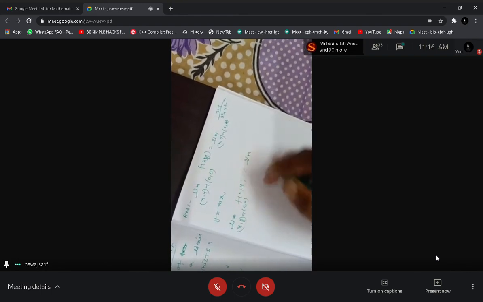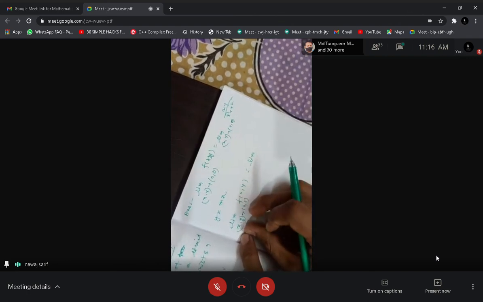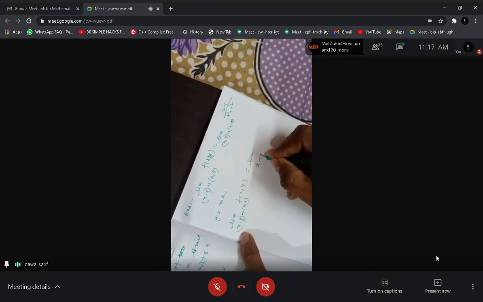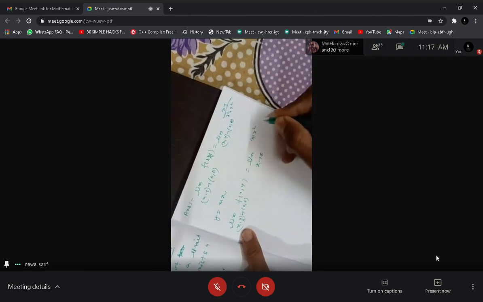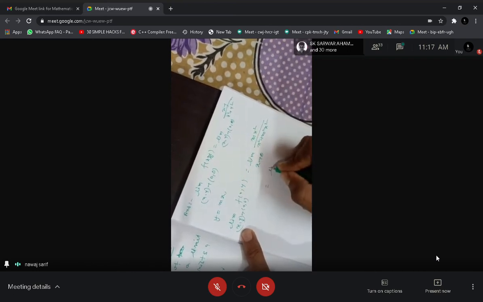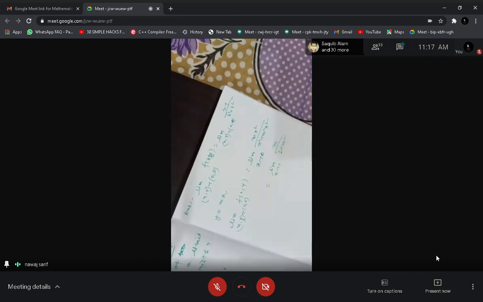When y equals mx, this is going to be a single variable function. So this will be what? X tending to 0, and y equal to mx means m into x square in the numerator, and the denominator is x square plus m square into x square. So this is limit as x tends to 0 of m upon 1 plus m square, as x square vanishes. So this term is m by 1 plus m square.